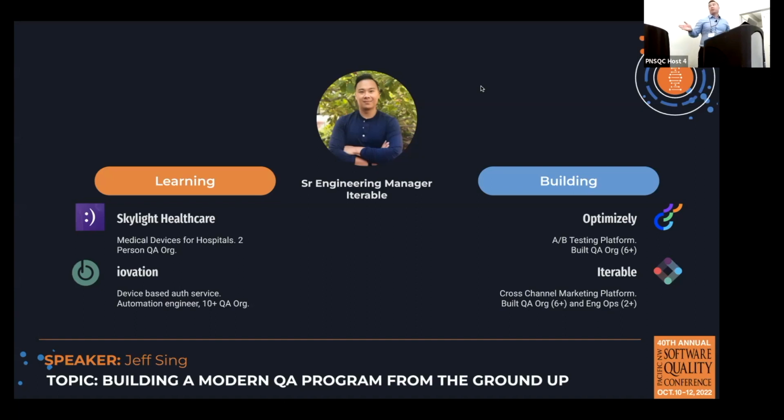Finally, the second portion of what I see is called building. And this is my experience building QA programs. So I was recruited to an SF company called Optimizely, which is an A/B testing platform. And I was brought there because they were a Series C company going to D, doing very well, making a lot of money, but the product had a lot of quality issues. And finally, the head of engineering was like, hey, I need someone to come in here to help me understand why we're failing.